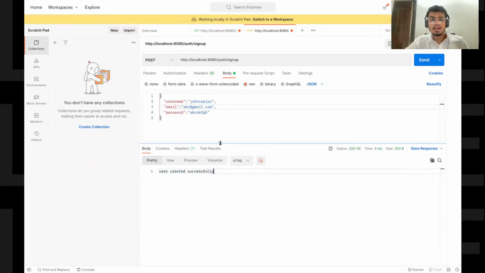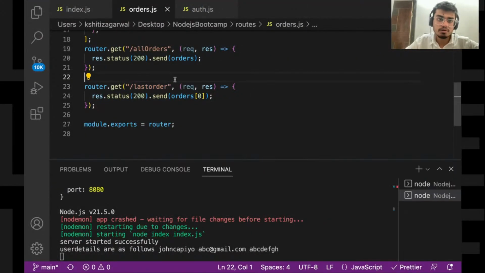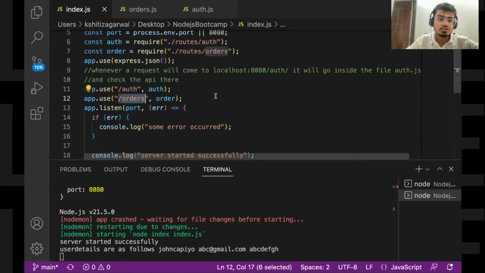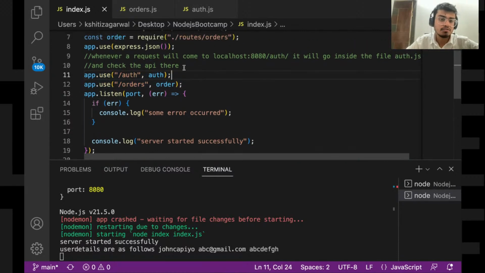So all our APIs are working fine and all are present in their own places, like in auth.js, order.js. Our index.js file will remain clean and will only have the locations for different APIs, and it will not contain the logic or the operations that we need to perform.